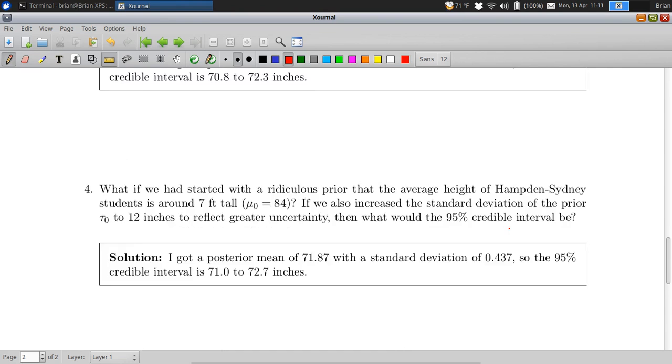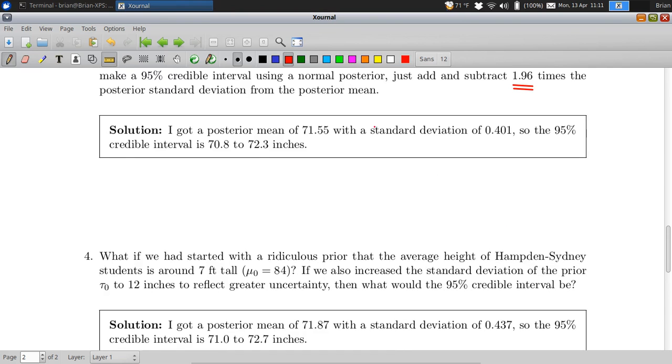And if you look back on the last problem, that's not that different, right? We're getting a posterior mean of just slightly higher, and the reason it's higher is because I started with a higher starting point. But already it's pretty close, right? The 47 observations that I made have kind of fixed my bad prior and given me a posterior distribution that's actually pretty reasonable. And using this new posterior distribution, my 95% credible interval is pretty close to my last one,